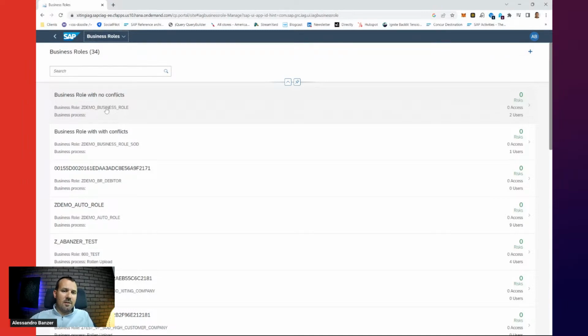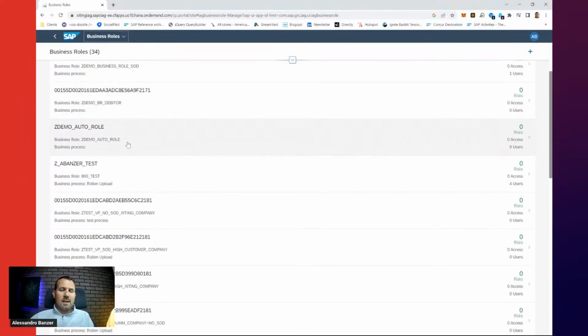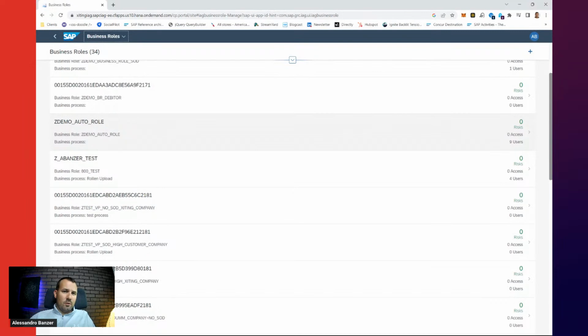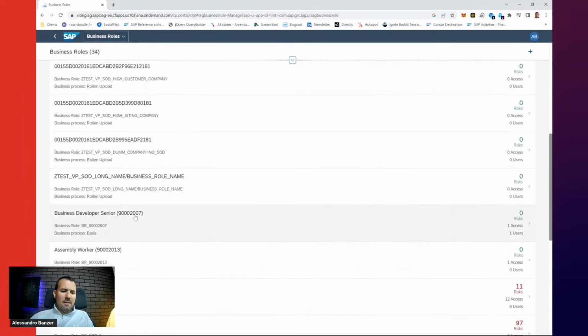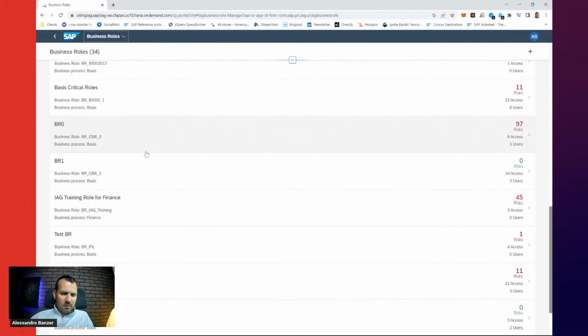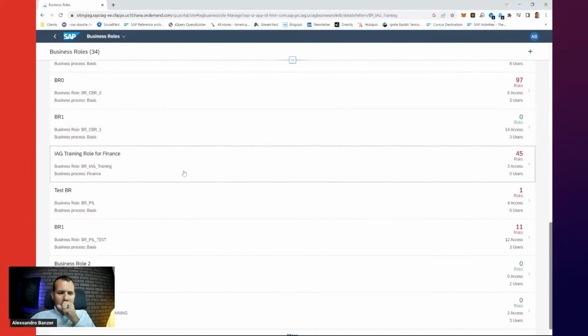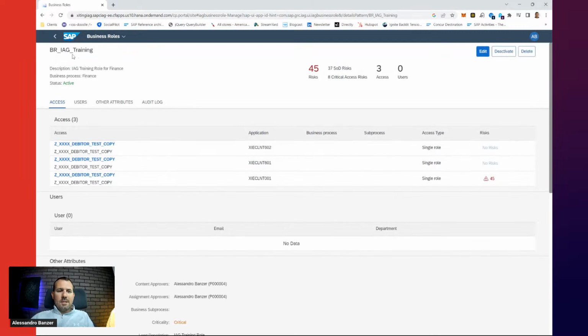As we can see here, I have 34 different business roles, whether created manually or through the tools that SAP offers. At the end of the day, we have business roles. Let me just pick one, for example, this one here. You can see I have a business role that has a name, a description, is assigned to a business process, and is active, so it can be used in the workflow.